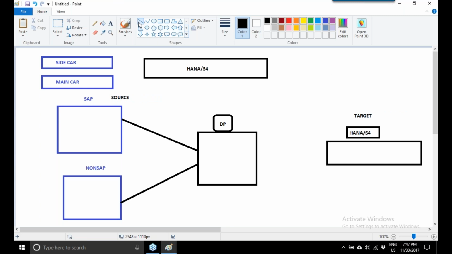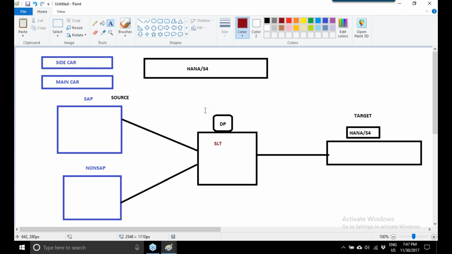So how can you move from source to target? You can move using SLT. What is SLT? SLT stands for SAP Landscape Transformation. Using SLT, we can migrate data in real time.